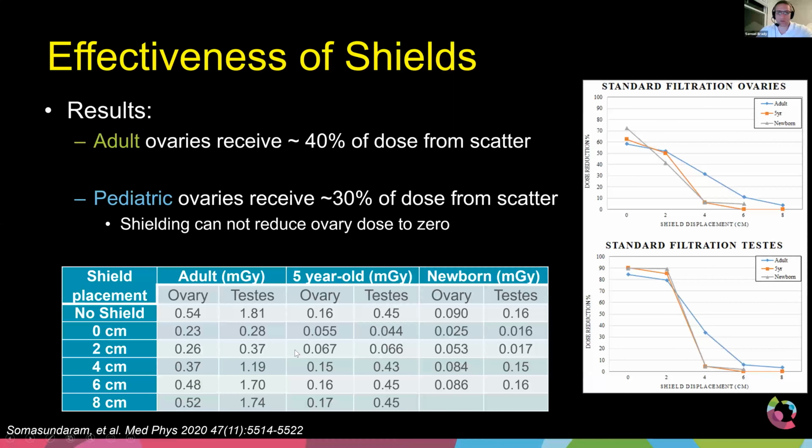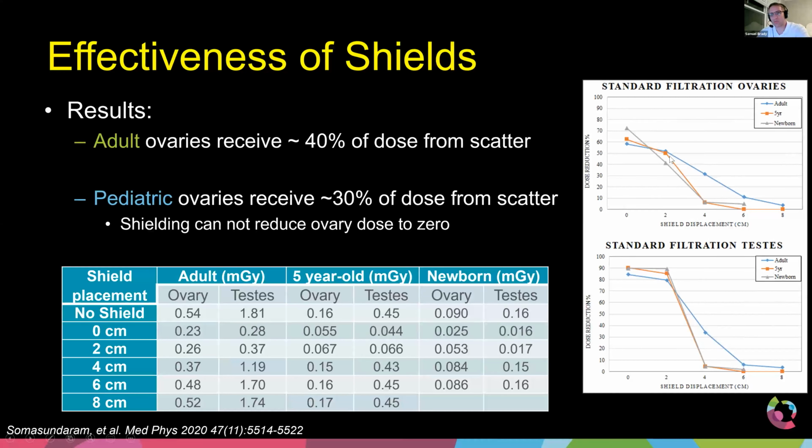So what were the results? Well, we found that in the adult, ovaries received about 40% of their dose from scatter. And what you can see here is the 0 on the x-axis represents the shield in proper place, so it's ideally placed. And then we shifted it 2 centimeters, 4, 6, and 8. That's when you're looking to the right on this axis. You can see how the